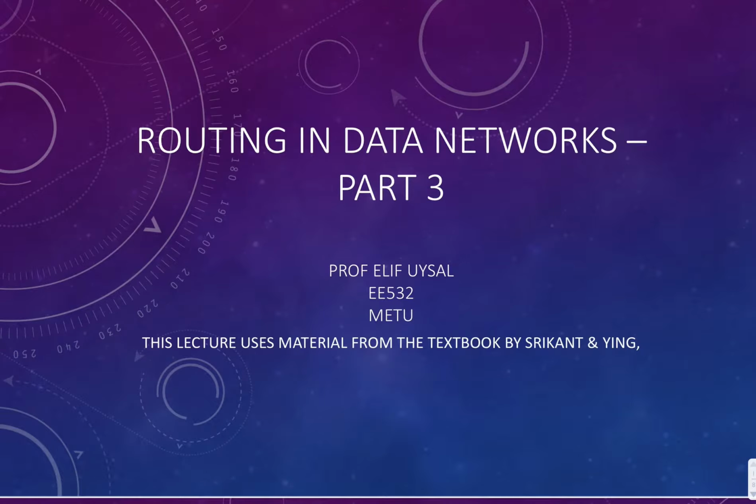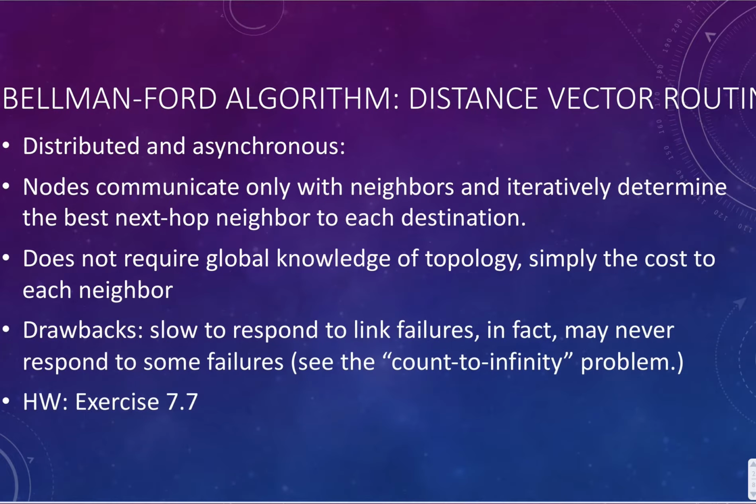Algorithm requires global knowledge of the network topology and the link costs to be available at every node. In contrast, the Bellman-Ford algorithm has a different approach. Nodes only communicate with immediate neighbors, and they can iteratively update their routing tables through this interaction. So it is distributed and asynchronous, and it does not require global knowledge of the topology, simply the cost to